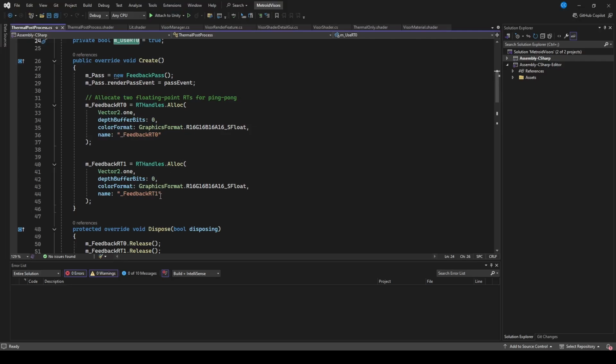feedback RT1. The reason we need two of them is because we have to actually ping pong between them in order to create the effect we want. If we just use one, it overwrites it the same frame that it's trying to blend, and it just doesn't end up doing anything. So we need two of them so that way every frame it's swapping which one of